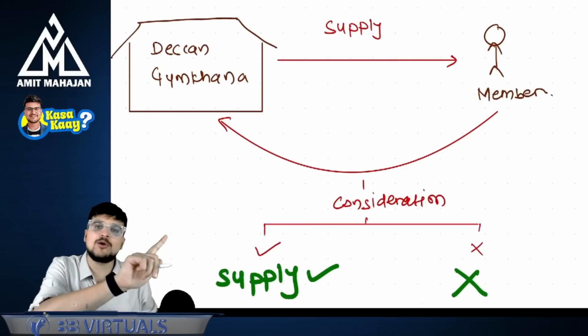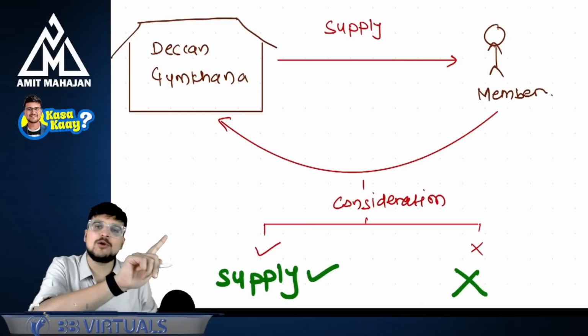So how many sections did we see till now? We saw three sections: 7.1a, that is three conditions, best LDR, consideration, and it should be in the course of furtherance of business. 7.1AA is actually talking about if any unincorporated body provides any service to its members for a consideration, it will be considered as supply. 7.1b, importation of service. Everybody will look here. Importation of service with consideration, it will be considered as supply,